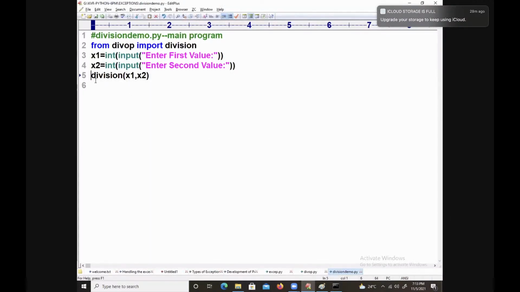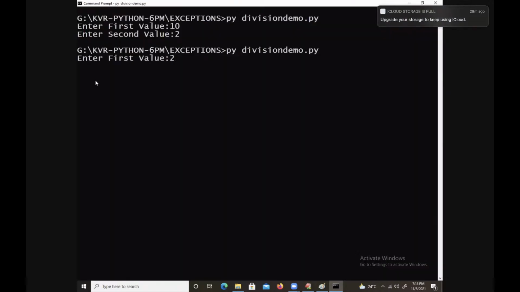Value is returning. Now you need to say result. Now you are saying print division is equal to comma result. Now you run, enter first value, second value, I got division is equal to 5.0.